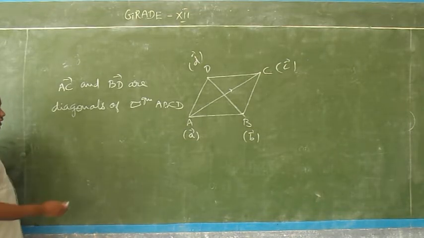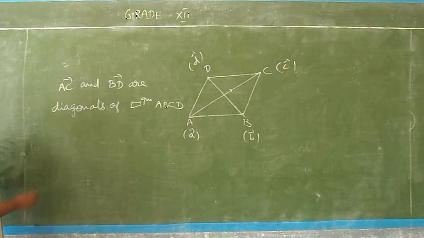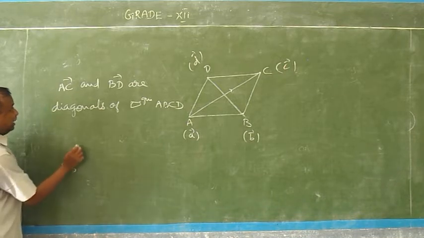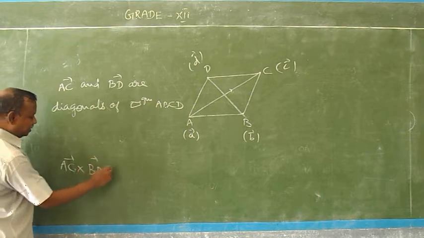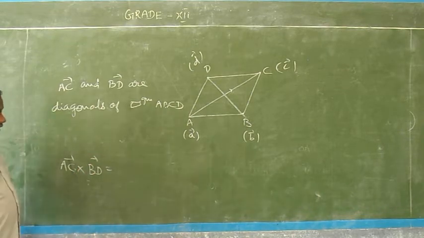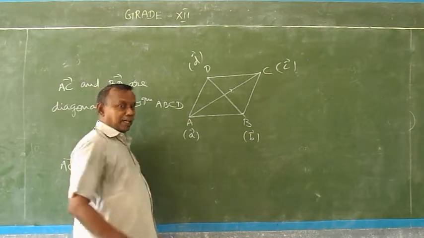First, let us find AC vector cross BD vector. AC vector, by triangle law of addition,